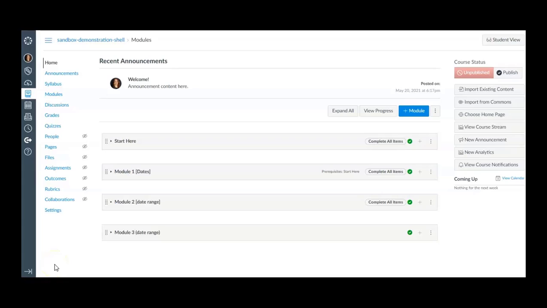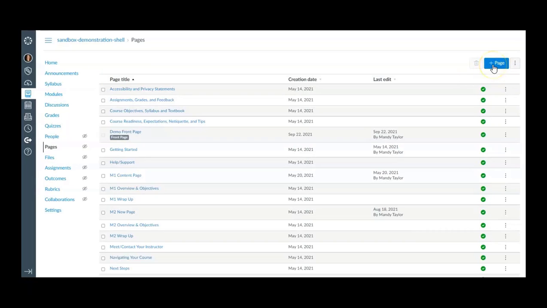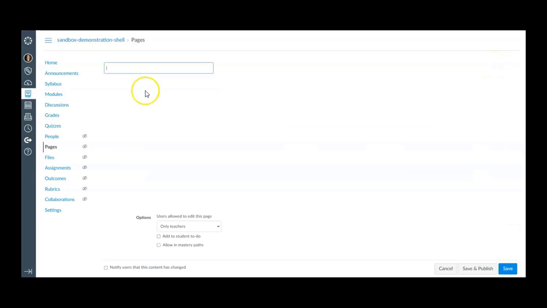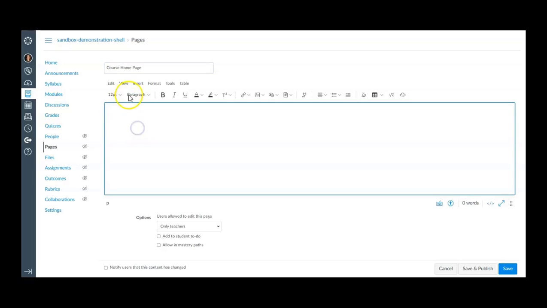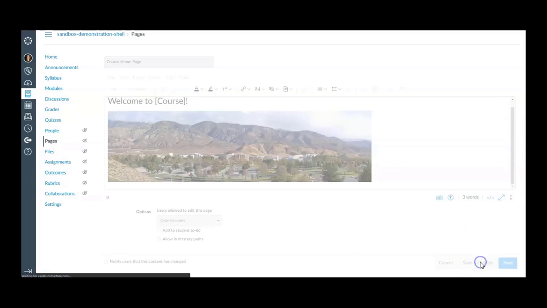To create a Canvas front page or home page, log into your Canvas course and select Pages from the course navigation menu. Select View All Pages, and then select the plus page or add page button. Give the page a title, and then insert any content that you wish to have on the page. So course content could include a welcome header, it can include an image, it can include any information that you wish to give students. Then select Save and Publish,